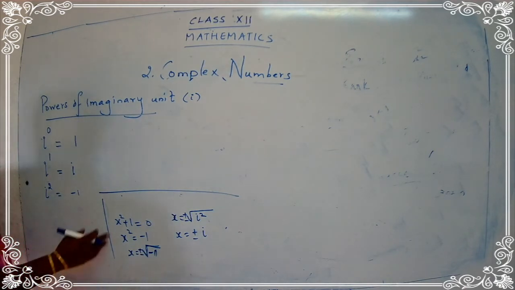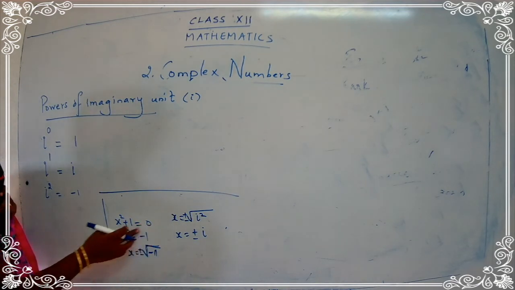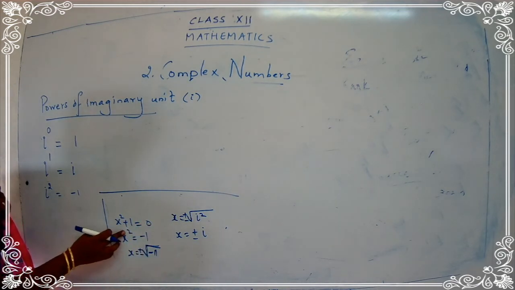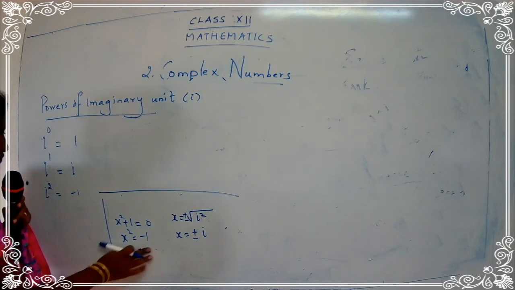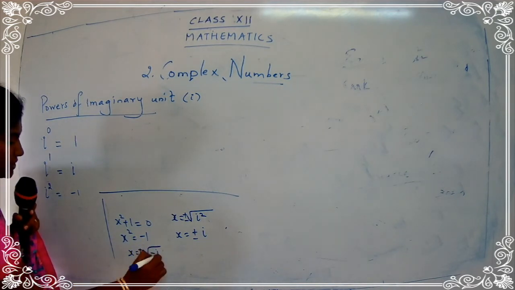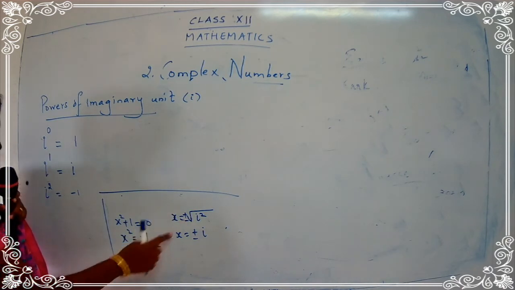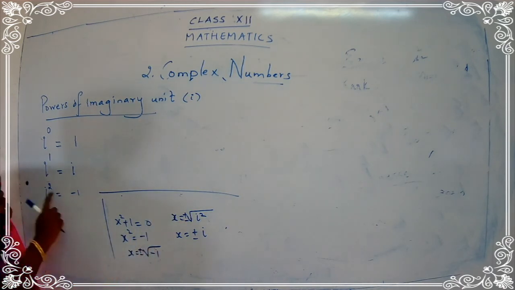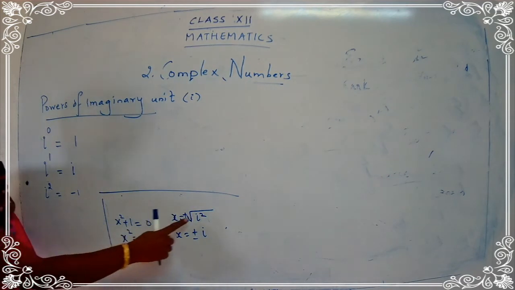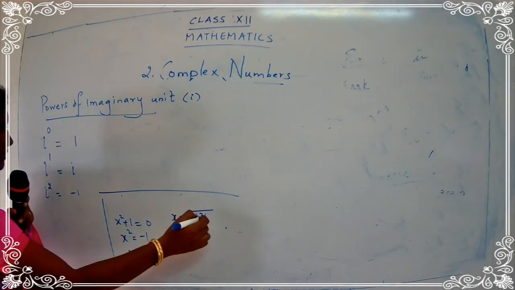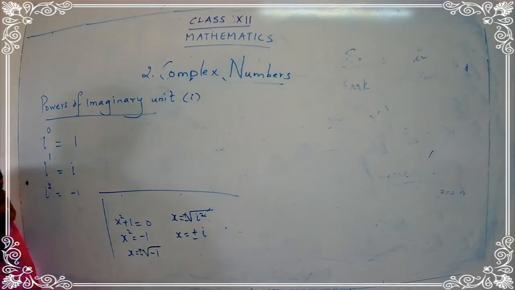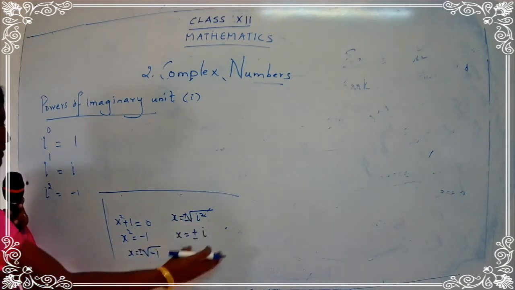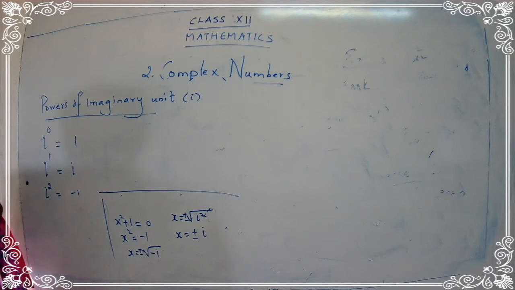So remember the statement: x square plus 1 is equal to 0. I hope you are writing along with me. So x square is equal to minus 1. Whenever you take the square root, put a positive and a negative sign. Square root of minus 1, so plus minus I. I am just replacing this minus 1 as I square. When you remove the square root sign, plus minus I is left. So we are dealing with a complex number over here.